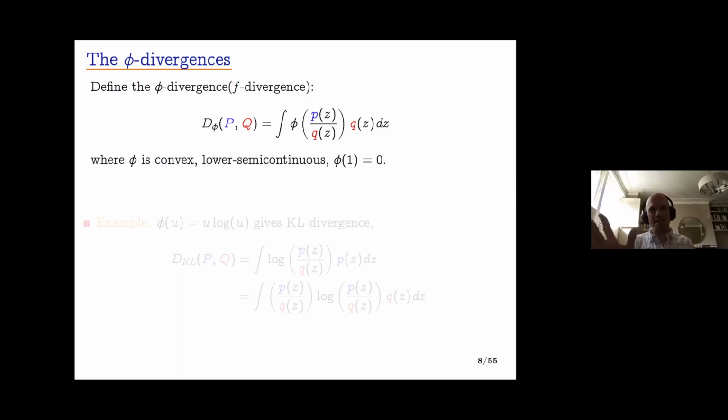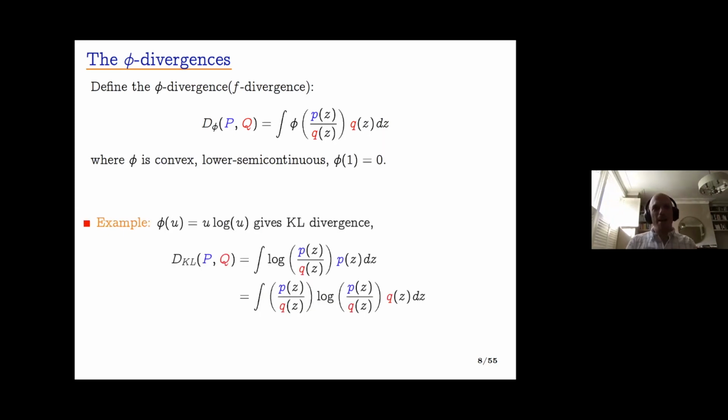Okay, so let's just recall from the previous slide the definition of the phi divergences, where we've got this expectation of phi of the ratio of P to Q. I will focus here specifically on the KL divergence. Here phi of its argument is just u times log u, where u is the argument. And then with a little bit of manipulation, I get the KL divergence: the expectation under P of the log of the ratio of P to Q. And this is the divergence measure that I'm going to be considering here.